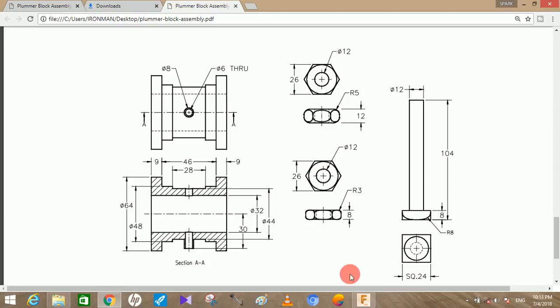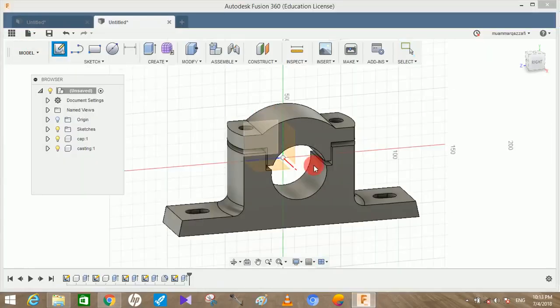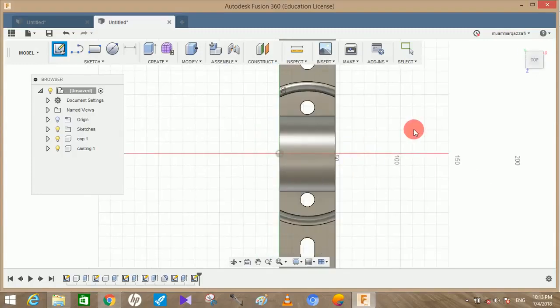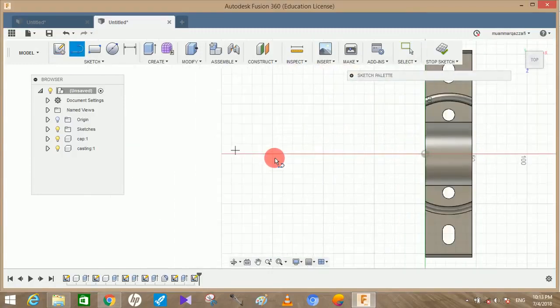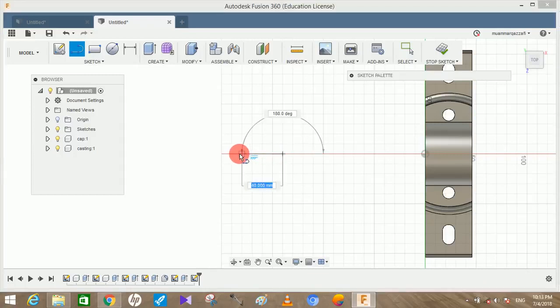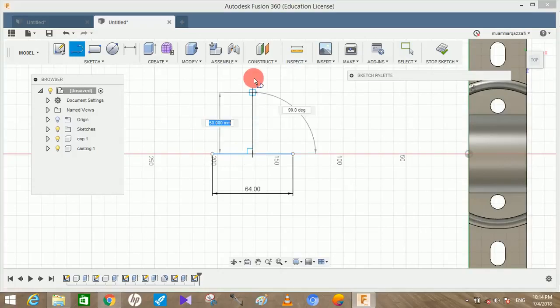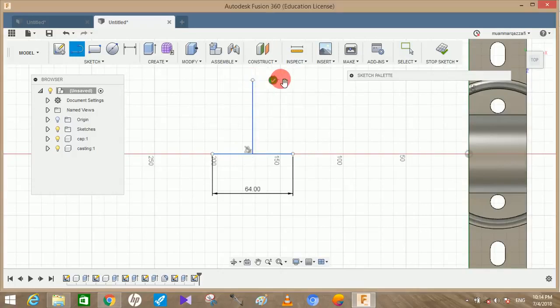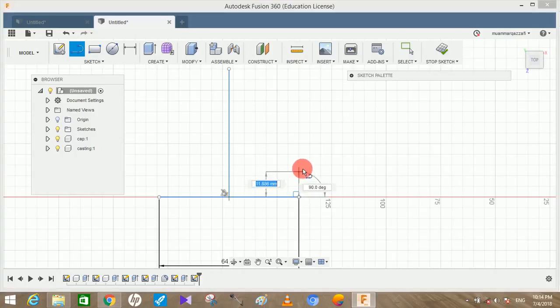So let's get started. For that, just go to create. We are going to create the bottom surface. So draw a line of 64 mm length, and from the midpoint of this line draw a vertical line also. Now starting from this point, draw a line of 32 mm